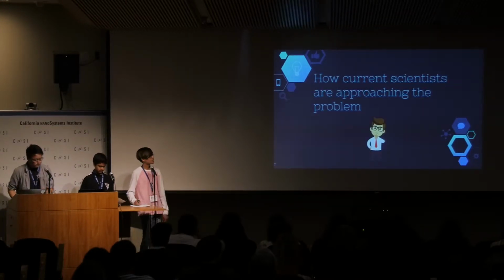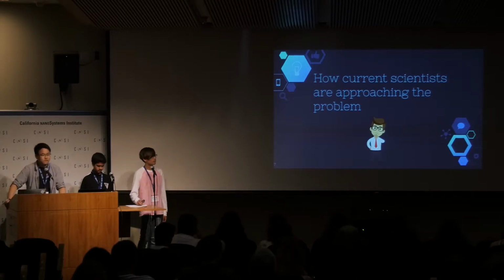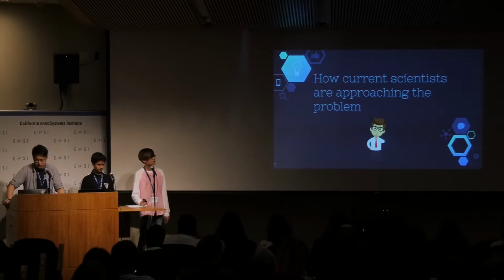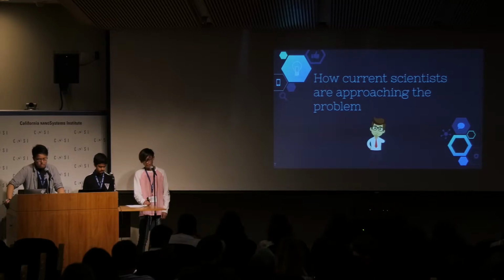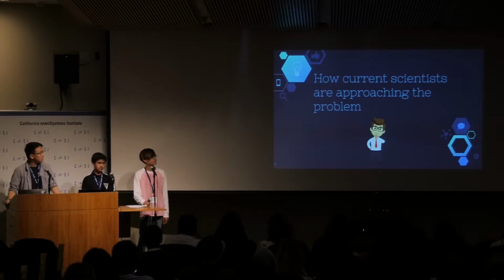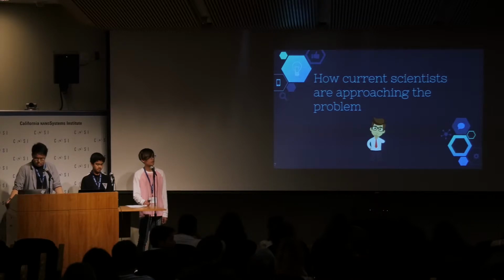So how are current scientists approaching this problem? We have a case study that shows how scientists tried to use gene silencing against DARPP32. What they did is they basically took siRNA, which is small interfering RNA, electrostatically complexed to gold nanorods, which would be transferred to the targeted areas affected by DARPP32.